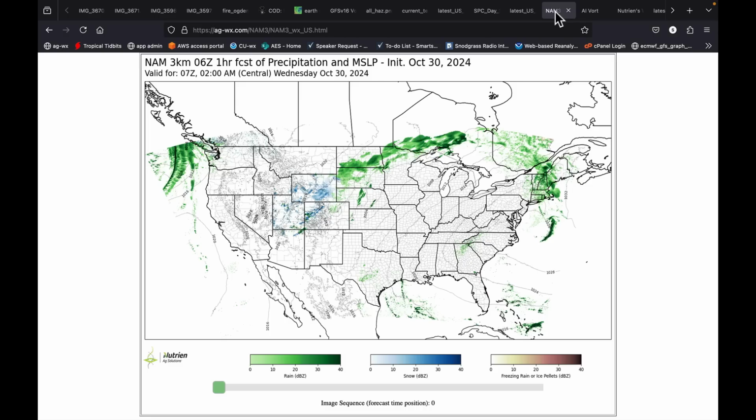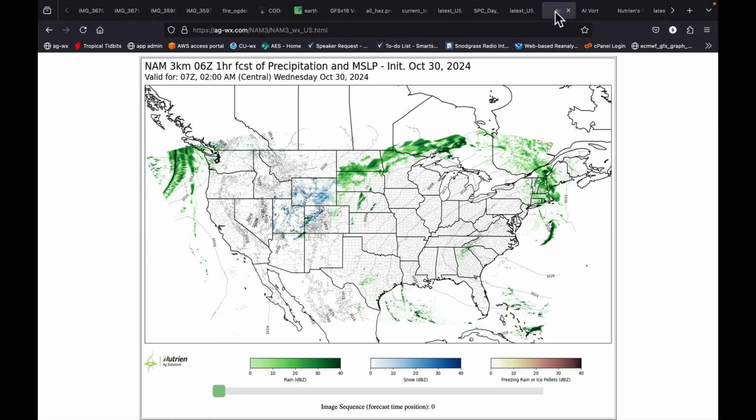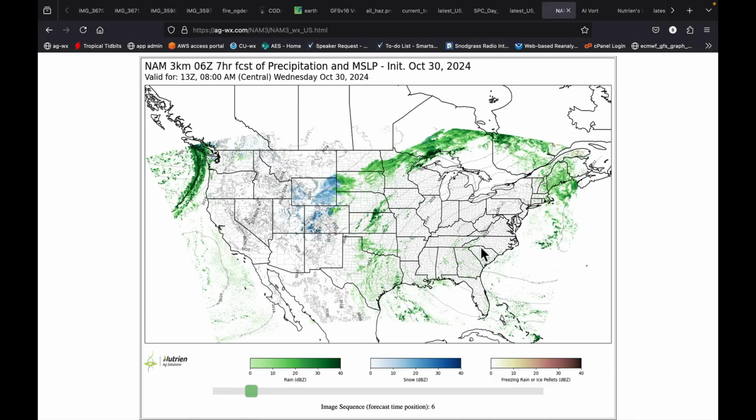So here's what we're going to do. I'm going to refresh this and hope that my internet speeds can keep up here. But this is the high-res NAM simulation from 6Z this morning. Let's get it queued up to about the time you're going to be watching it, about 8 a.m. So, pressure gradient very tight. That's our strong winds. High pressure over the mid-Atlantic and the Carolinas. Now you'll also be watching another front coming into the northwest, but the first system is here.